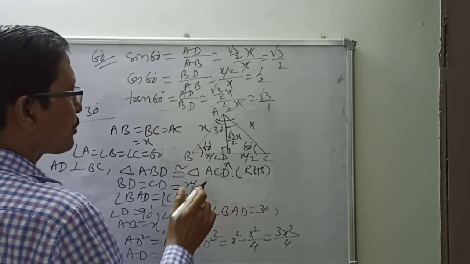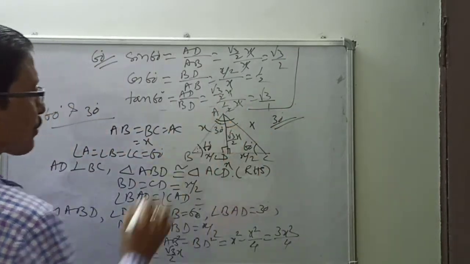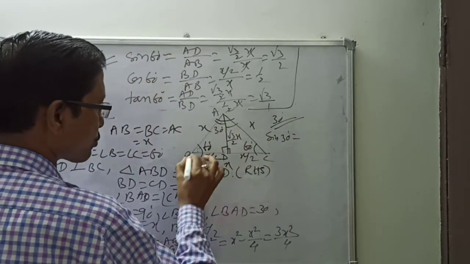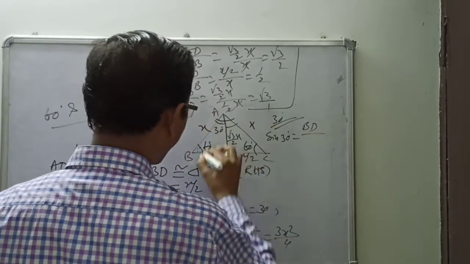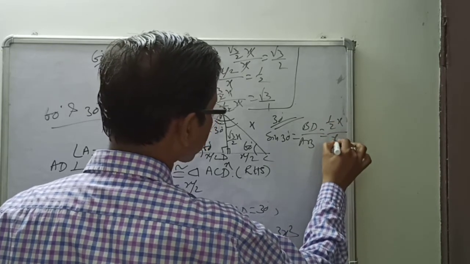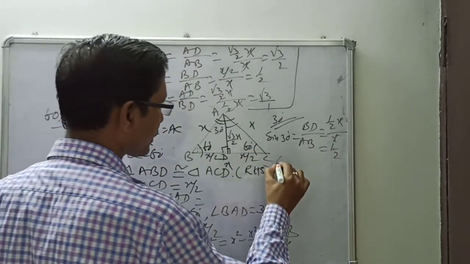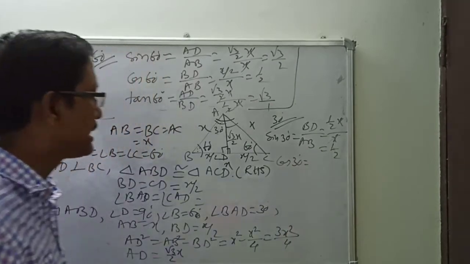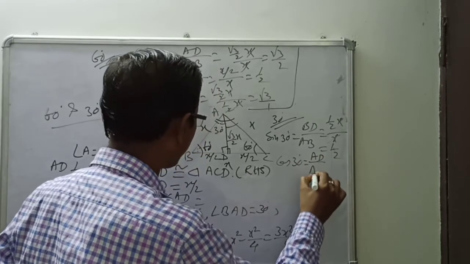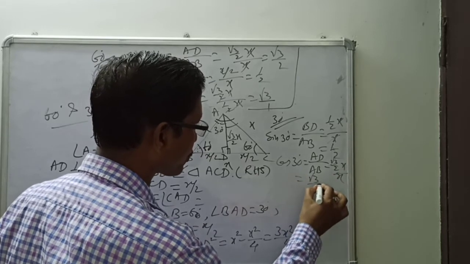So in this way all these values you can get, and from there also 30 degree if you want to calculate, with respect to this one, so sin 30 degree, its P with respect to this one, P is your BD by AB. That means what it will be, 1 by 2x by x. So x cut here, so ultimately it will come 1 by 2. So sin 30 is 1 by 2, cos 30 degree, with respect to 30, base is your AD and hypotenuse is your AB. So it will come root 3 by 2x by x. So this will cancel, so it will be root 3 by 2.